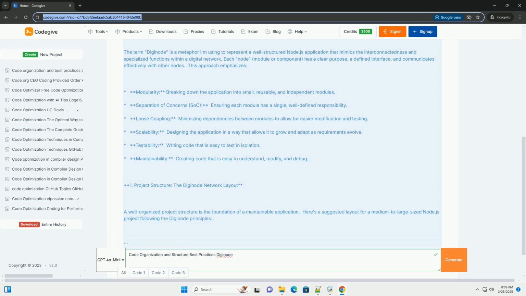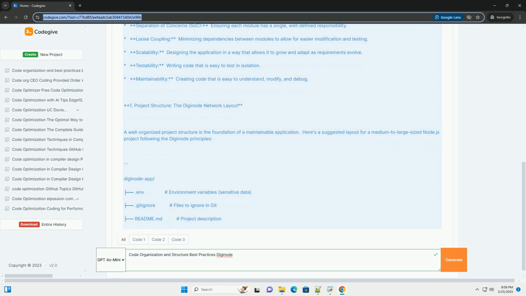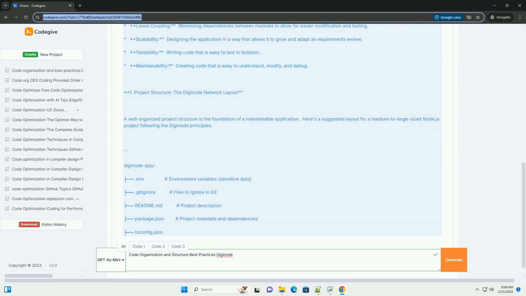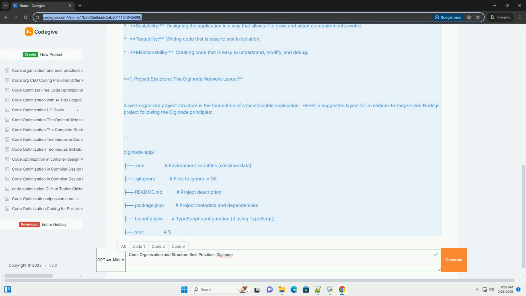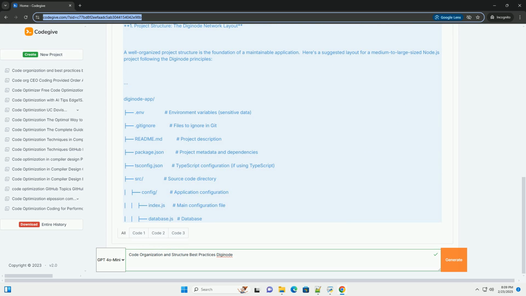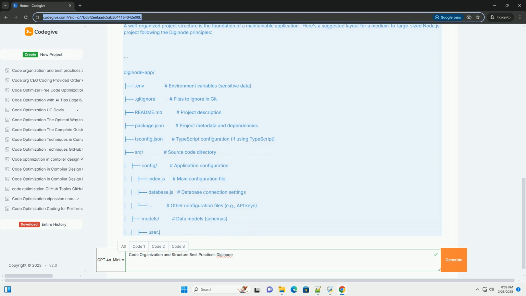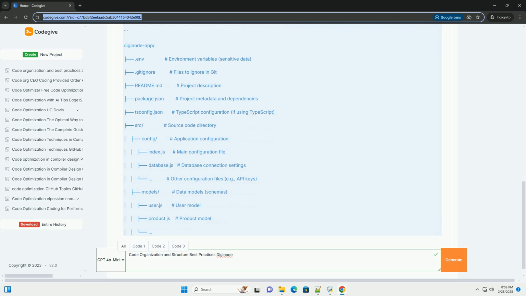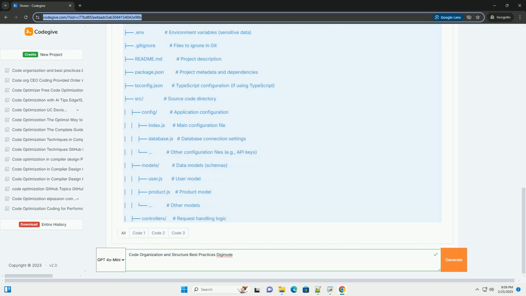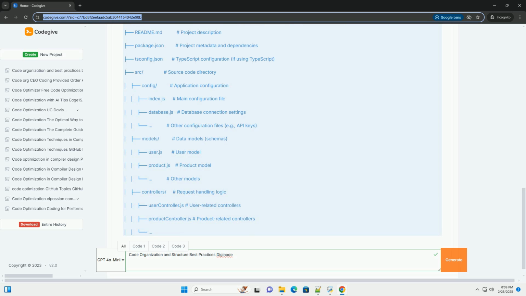What is diginode? The term diginode is a metaphor I'm using to represent a well-structured Node.js application that mimics the interconnectedness and specialized functions within a digital network. Each node, module or component, has a clear purpose, a defined interface, and communicates effectively with other nodes. This approach emphasizes